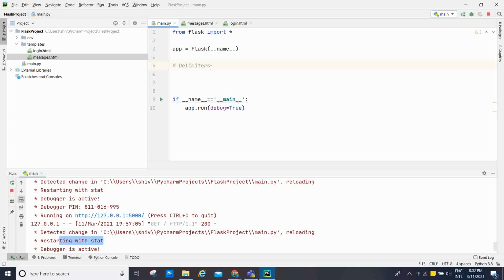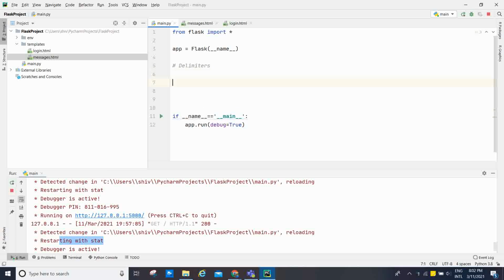The template system provides some HTML syntax which are placeholders for variables and expressions that are replaced by the actual values when the template is rendered. The Jinja 2 template engine provides the following delimiters to escape from the HTML.